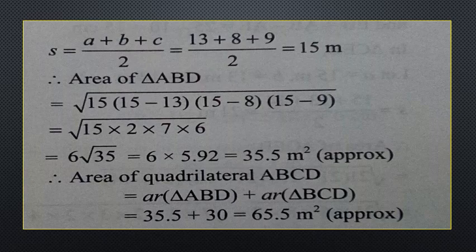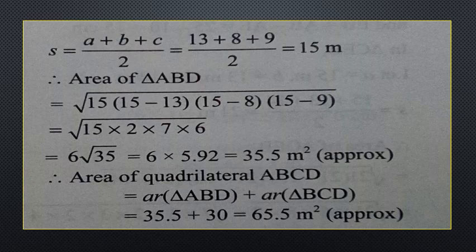Now if we find the square root by prime factorization, we get the answer 6 into square root of 35. That is 6 root 35. For root 35, if we find the square root by long division, we get the value 5.92 approximately. Therefore, area of the triangle ABD is equal to 6 into 5.92, that is equal to 35.5 meter square